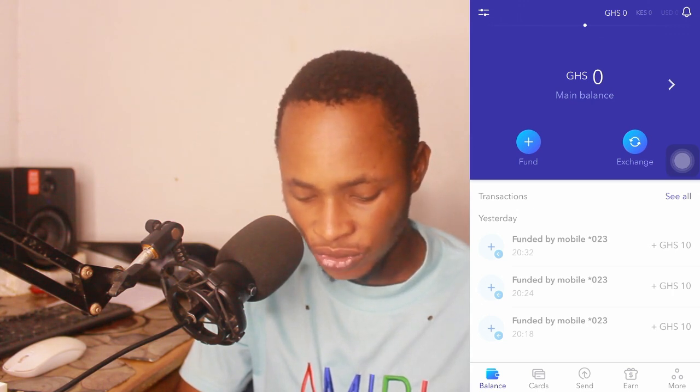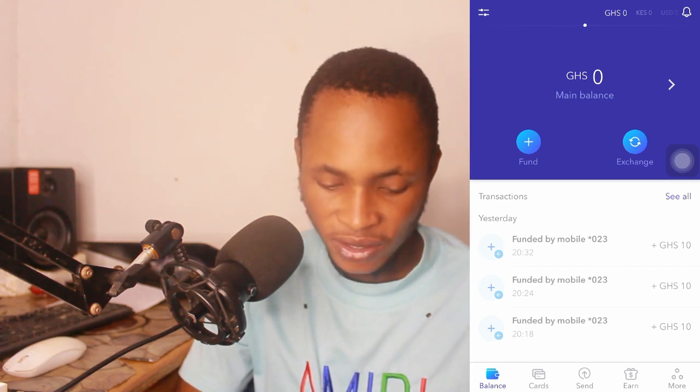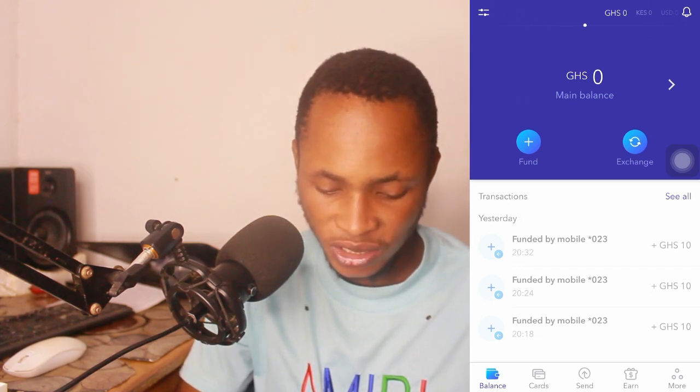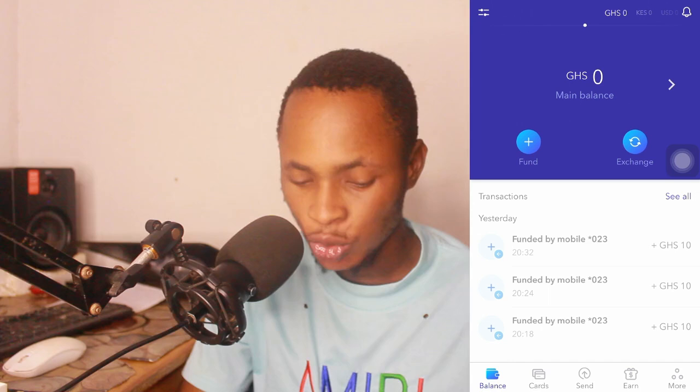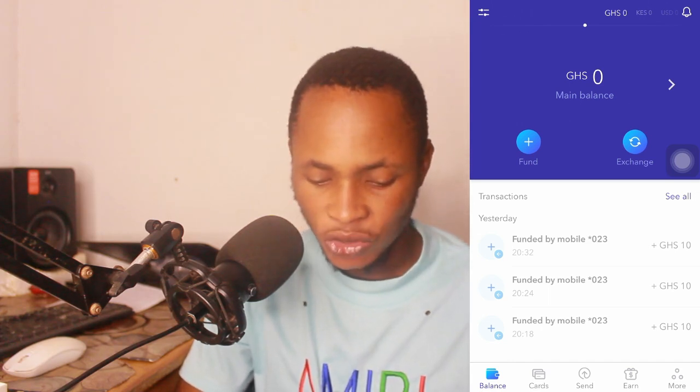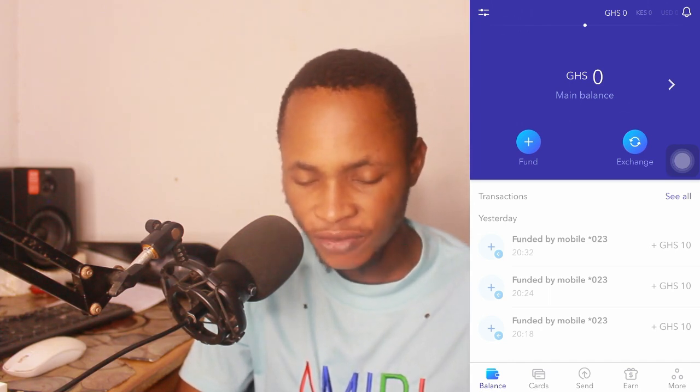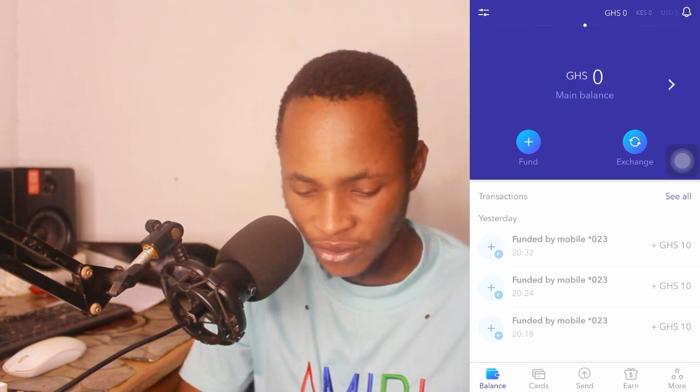But before you go to the section where it says create a virtual card, you just have to come to this section and understand how the dashboard works before you proceed with everything. After creating your account, the only currencies that you're going to get are the Ghanaian cedi, the Kenyan shilling, and then the USD